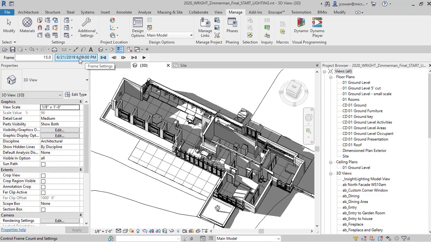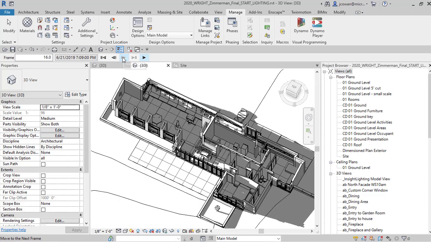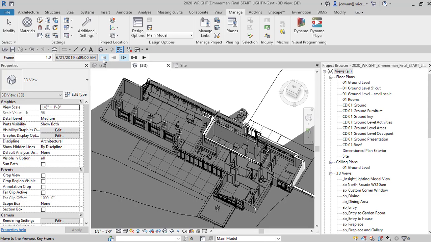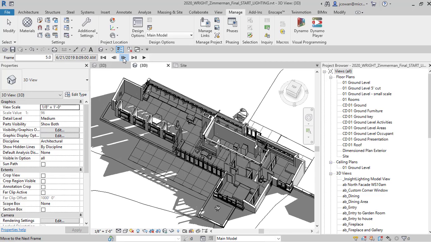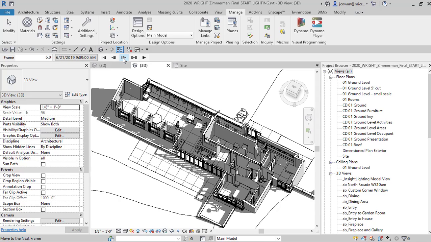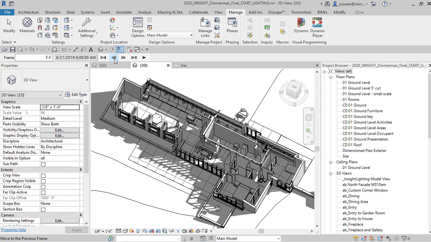So 6:19 the sun comes up, and what I can do is go back to the beginning, and what I'm doing is moving forward one frame at a time. So sorry, the sun coming up at 4:09 a.m. in the summer, and what I'm doing is moving at 15-minute intervals to see where the shadows would be falling in my building. So summer,